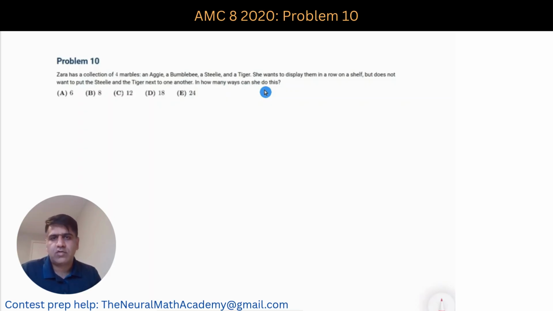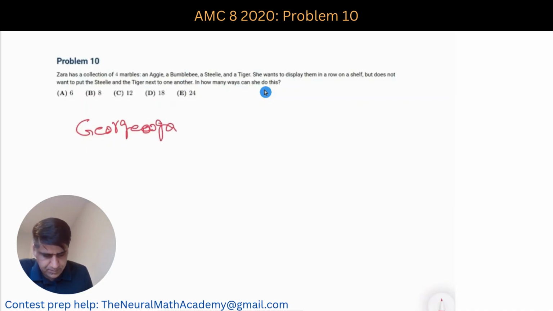There are multiple ways to solve this problem. One of the simpler ways is to apply the George Harry Uga theorem. As per that theorem, we can find the number of ways that we can arrange A distinct objects when B objects are away from each other. So the theorem is named the George Harry Uga theorem,